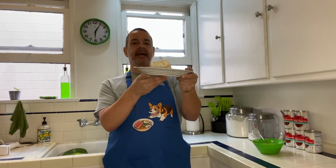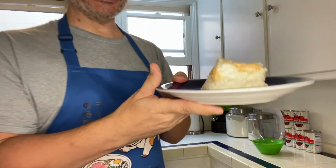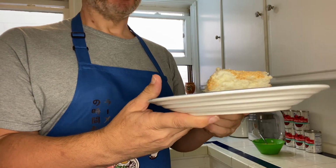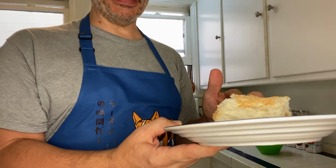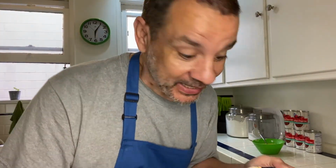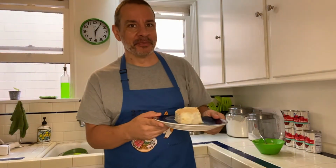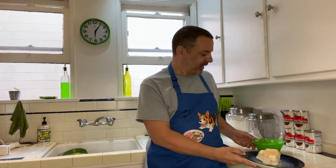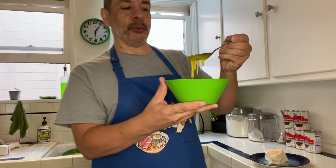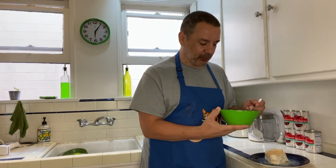Okay, here we are with our, see, you can also tell just by the way it's sitting that it wasn't quite cooked enough because it's collapsed in on itself. But we've got our angel food cake here, and I've already had a piece, to be honest. And let me just tell you, it still tastes fine. It's a little dense, but it's still plenty fun. And I've got our lemon curd here that I made. This I didn't let cool quite long enough, so it's a little bit thin, but I'm gonna dump this over,